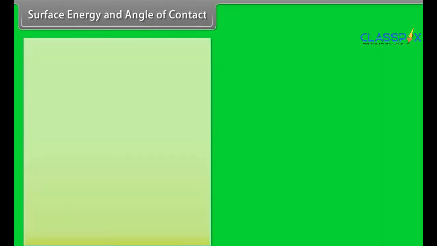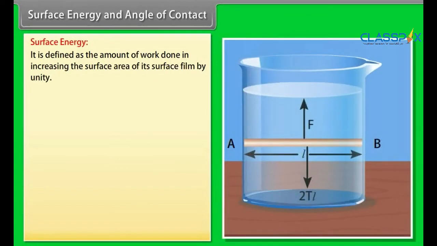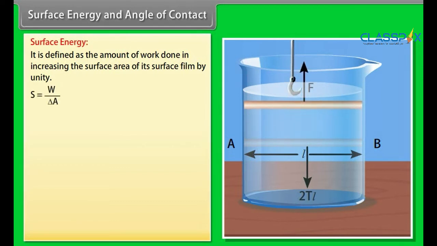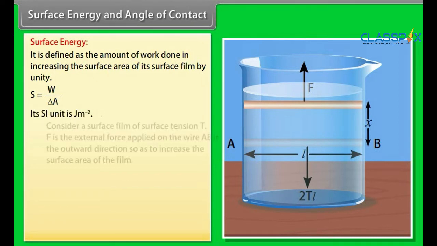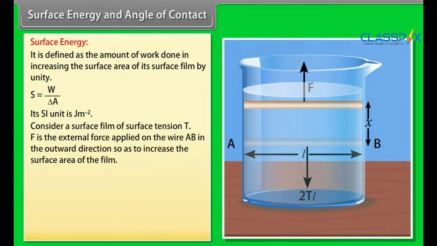Surface energy and angle of contact. Surface energy is defined as the amount of work done in increasing the surface area of its surface film by unity. Surface energy is equal to work done divided by increase in area. Its SI unit is joule per meter square. Consider a surface film of surface tension T. F is the external force applied on the wire AB in the outward direction so as to increase the surface area of the film. Then the surface energy of the film is given by